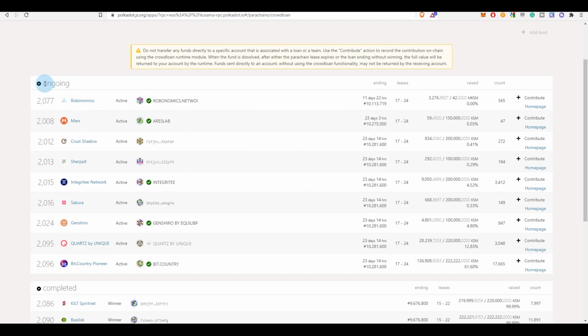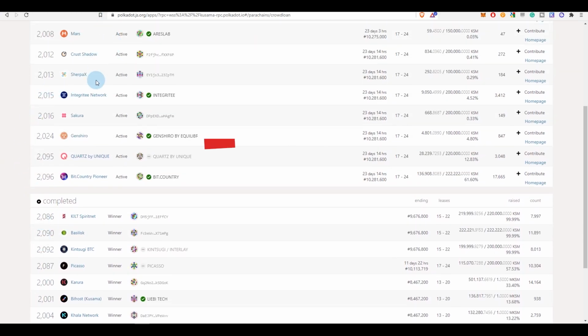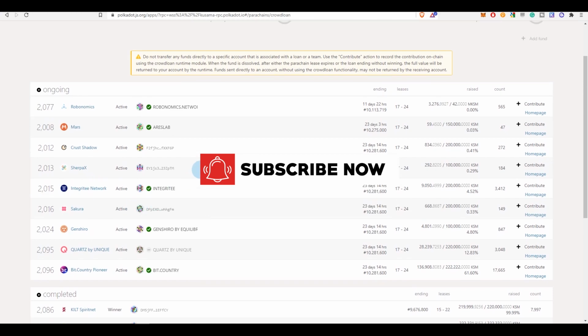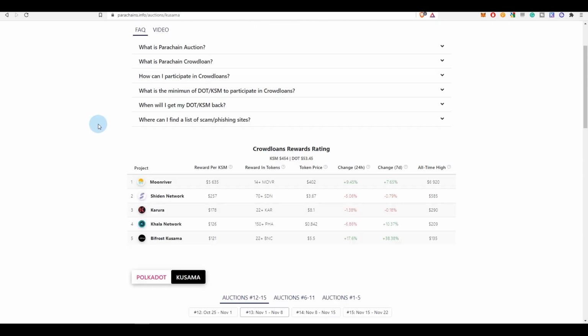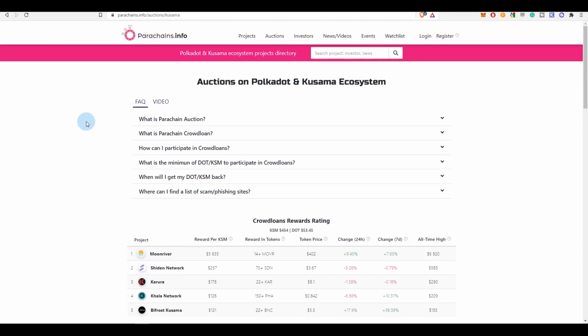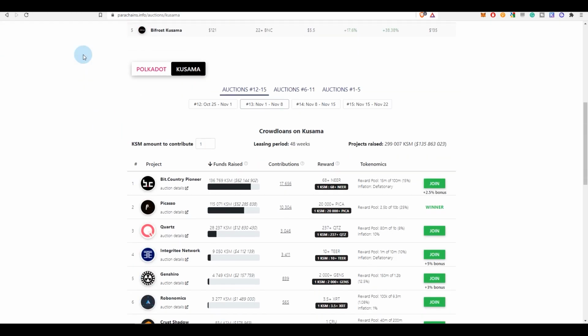So these are the projects that have an auction going on at the moment, and these are the projects that have completed. There's another way where you can contribute to the Parachain auctions, by going to parachains.info/auction/Kusama. I'll leave all the links in the description as well. This one has a bit nicer graphics and stuff like that,